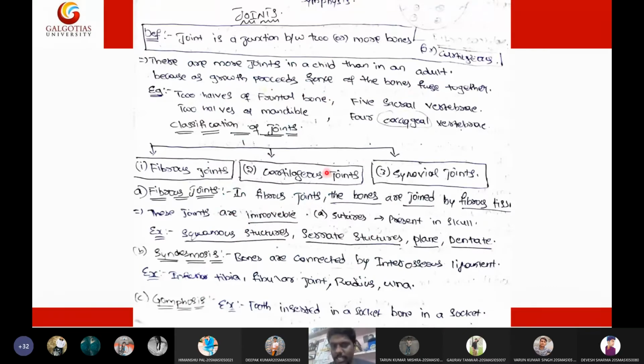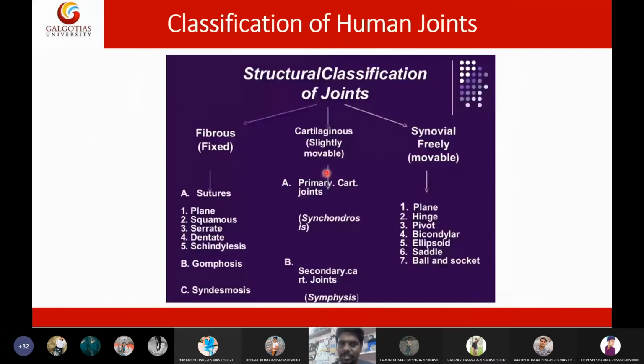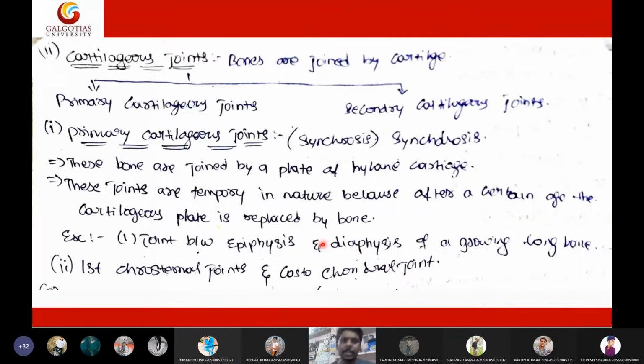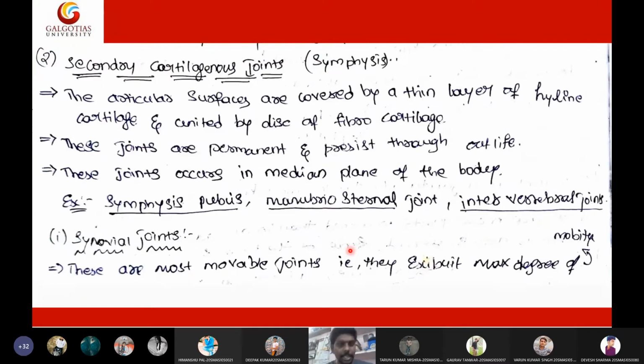So cartilaginous joints are further two types: primary cartilaginous joint and secondary cartilaginous joint. Primary is also called synchondrosis, whereas secondary is called symphysis. So primary will be temporary in nature and it will be replaced by bone. For example, primary cartilaginous joint is epiphysis and diaphysis of growing bones, of long bones of growing children, whereas secondary